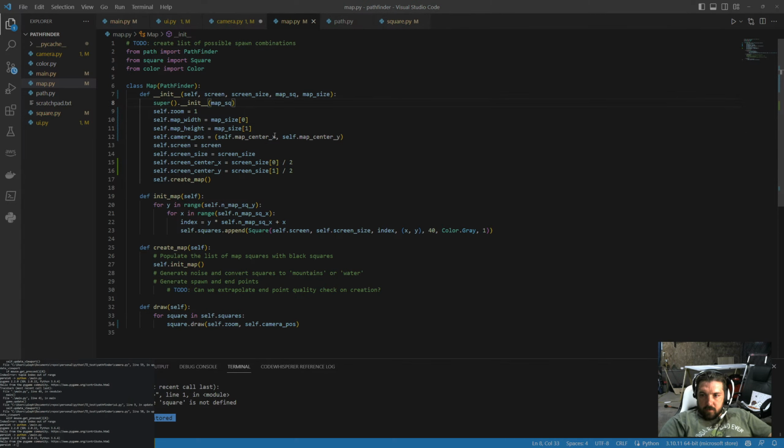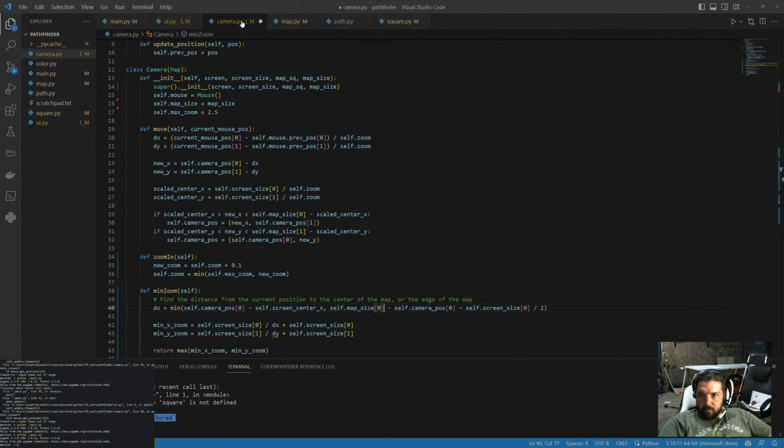I don't think we need the center of the map. Just need map width, and then screen center X, and then